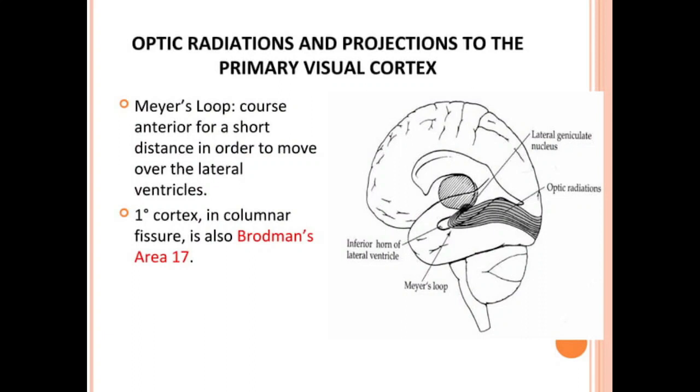Optic radiation and projection to the primary visual cortex. The optic radiation is a bundle of axons that carries visual information from the lateral geniculate nucleus, LGN, of the thalamus to the primary visual cortex in the occipital lobe of the brain. The optic radiation can be divided into two main components: the